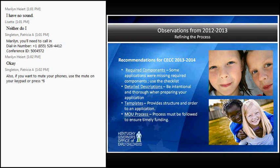We're not grading on grammar. We're not grading on spelling. We're asking that you use some formatting just to make it simple. But really, in your descriptions, don't take anything for granted as far as saying, we're going to do perhaps a literacy fair because we want to give families an opportunity to learn together, and when families learn together, that's how we're going to improve school readiness. You have to be very deliberate in your description